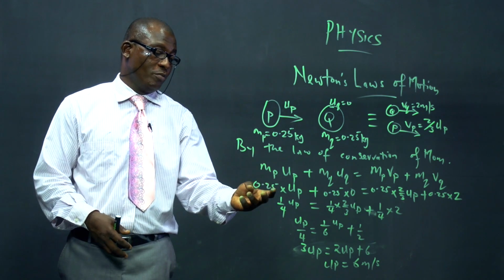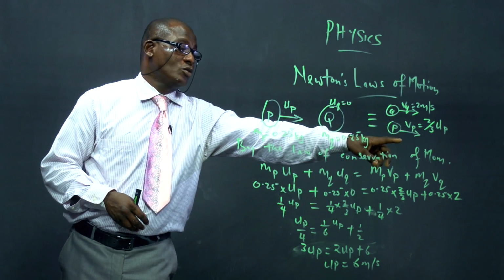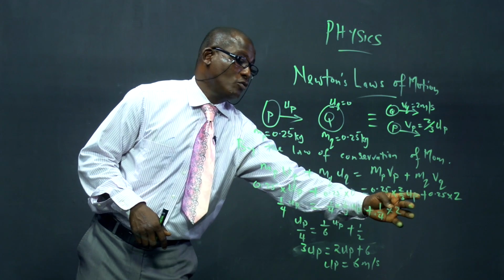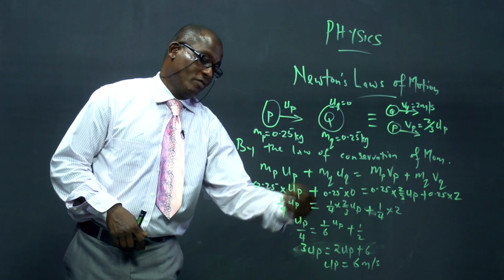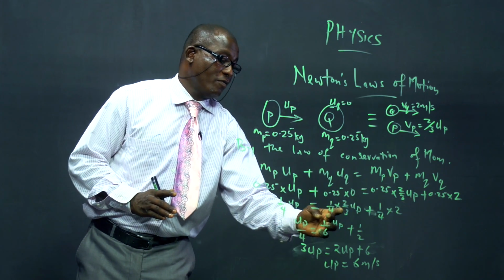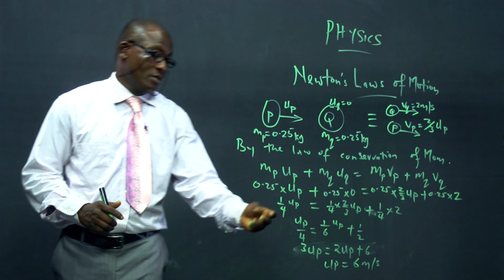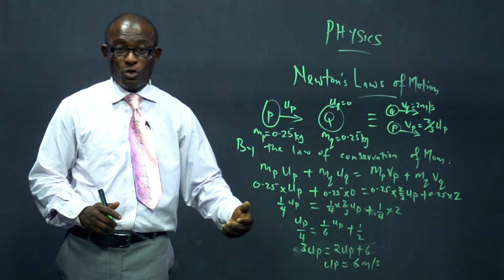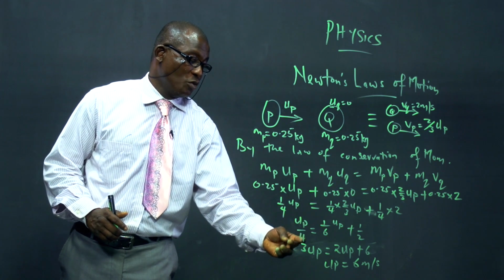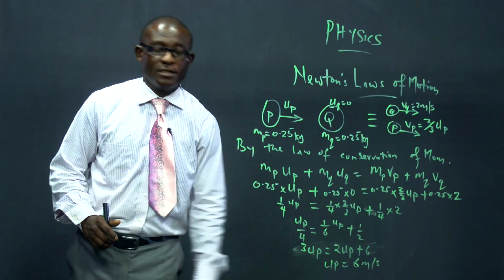Substituting, therefore, mass of P, 0.25, of UP, 1/3 has been lost to the final there. And when you remove 1/3 from the whole, you have 2/3. That is why we have 2/3 of P. Here, multiplied by 0 gives 0. So you have this left on the left-hand side, 1/4 of UP. And then here, we have 1/4 of 2/3 of UP and 1/4 of 2. Taking everything to fraction for easy solution, 1/4 of UP, 1/4, 2/3, and so on. So we have UP by 4, 1/6 of UP, and then half, giving us UP as 6